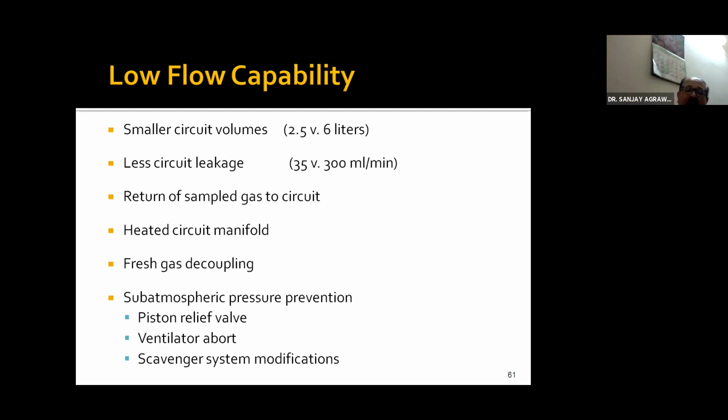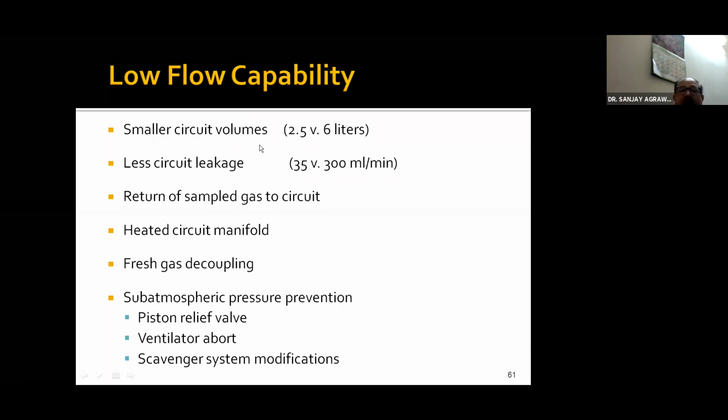Initially, what we were using were high flows, and it was not possible to use flows of around 1 liter or less than 1 liter. Now, with the use of workstations, what is being incorporated now, we have come down even up to the metabolic flows. So any flow above 250 ml or 300 can be easily delivered by the anesthesia machines.